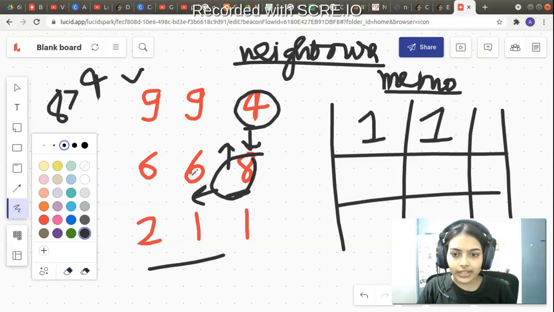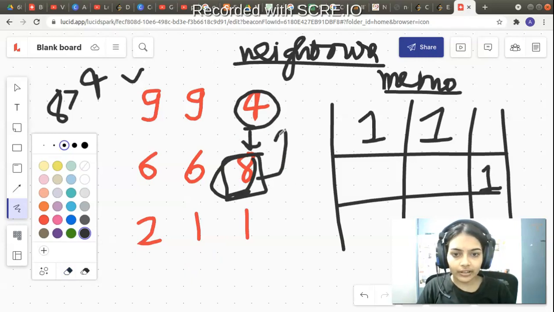Then it's going to call its left neighbor. Now 6 is less than 8, so this is also useless, so its left neighbor will also return back. It will just return 0. Okay, it will call its top neighbor. Its top neighbor is also useless because 4 is less than 8, so this function call will also just return 0. So finally 8 is also a single lone element because it's alone able to just form an increasing subsequence of length 1. So we'll store that in the memoization matrix. And now we'll return back the function call.